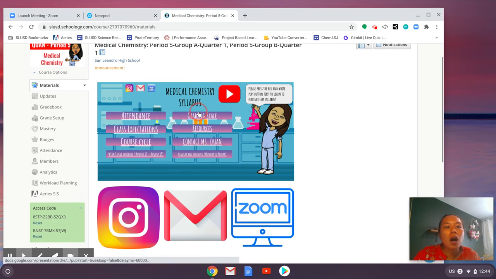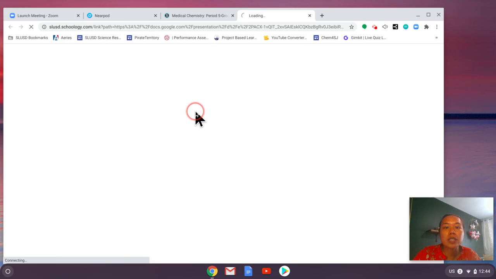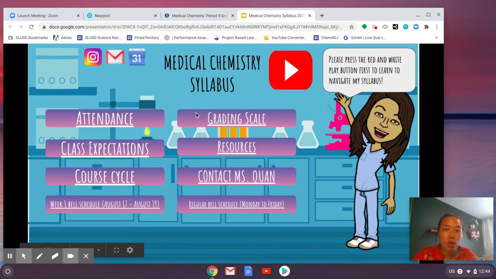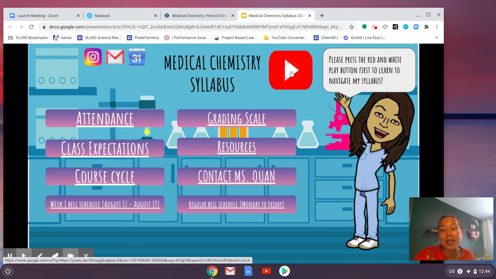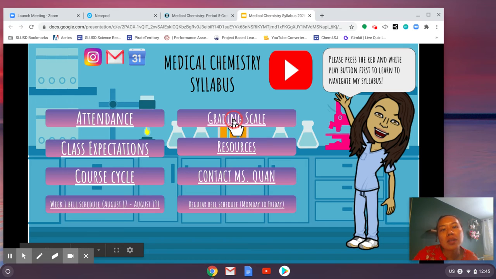If you click on this image, medical chemistry syllabus, it will take you to my course syllabus, right? And if this is confusing to you, how do you navigate this? Go ahead and click on this red play button. I have a YouTube video tutorial there that will walk you through how to use this syllabus, right? But basically everything is clickable. And then you can view how I grade, how I take attendance, so on and so forth,